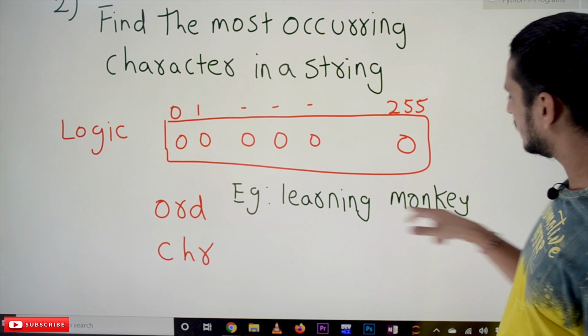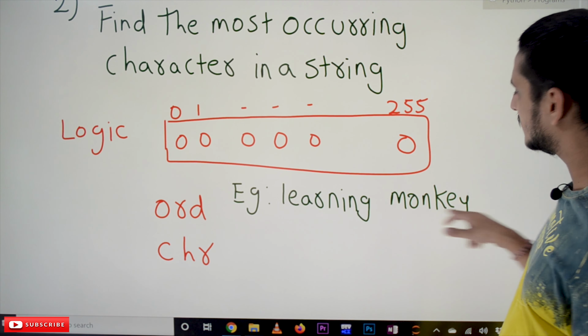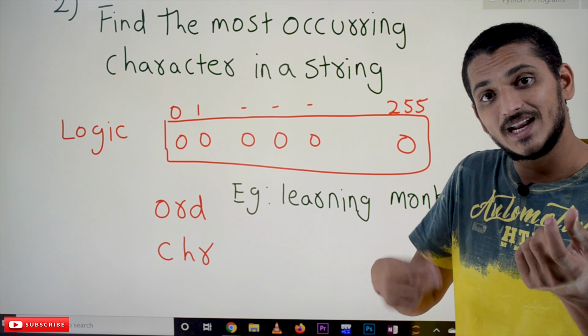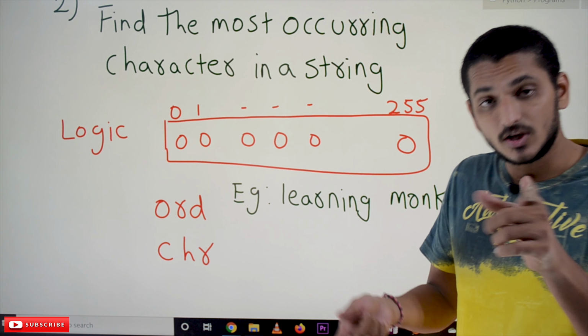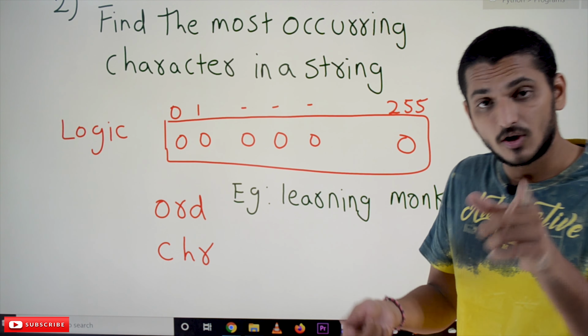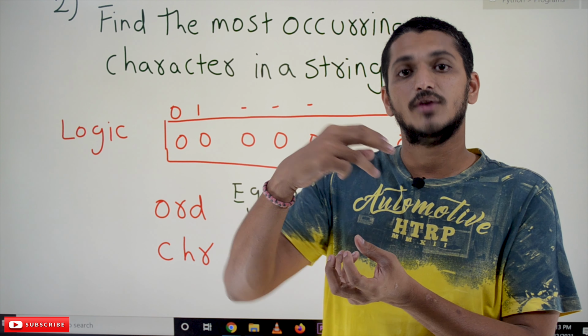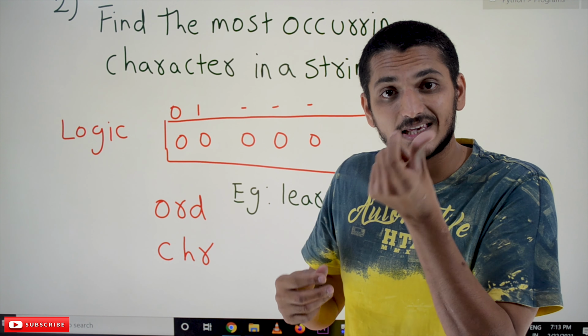After completing the whole string, what do we have to do? We have to find the maximum count in the given list. There is a special function called max which will identify the maximum. And in our previous classes, we discussed in one of the examples that we use the index function to get the index value. If you get the index value, that is the character we have to display. Means we are getting the ASCII value here. We have to convert it into a character.